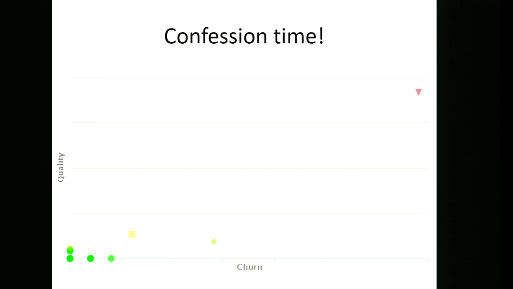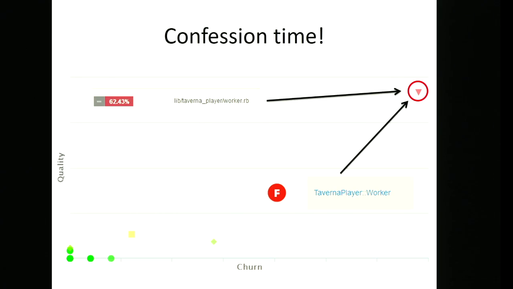So this graph I alluded to before is a graph of some code that I wrote a while back. Let's look at this one up here. It's complex, it changes a lot, and just to make it worse, it's got really bad test coverage. So it gets an F, a fail in Code Climate, and it's only got 62%